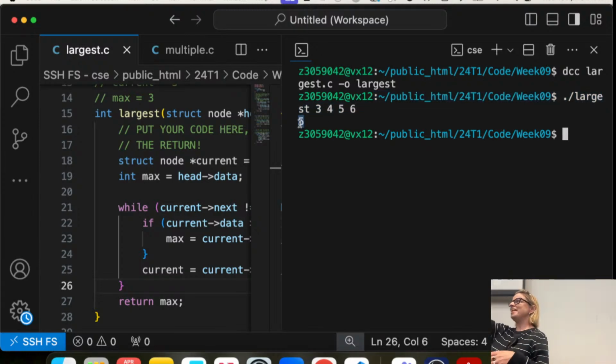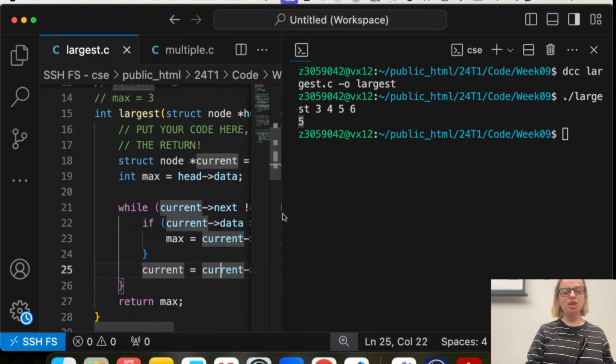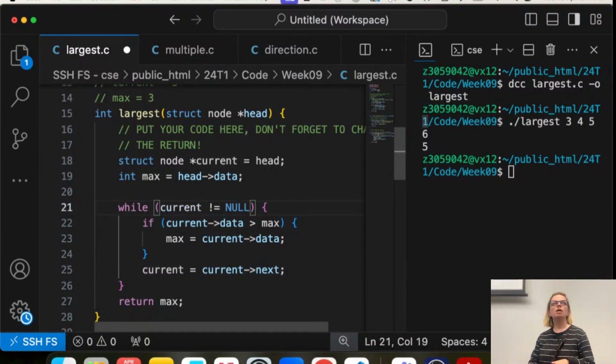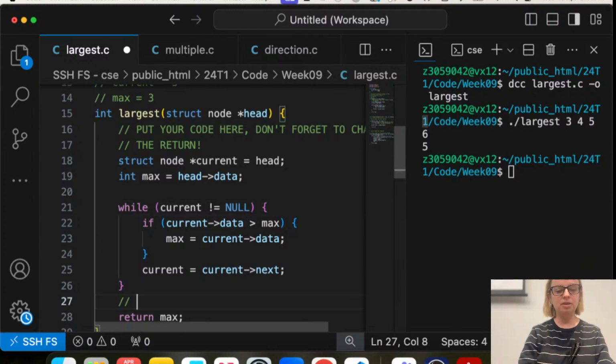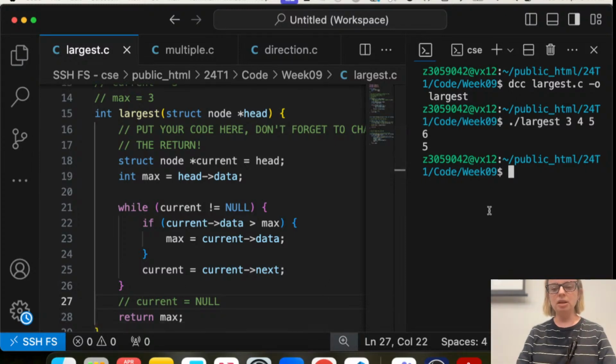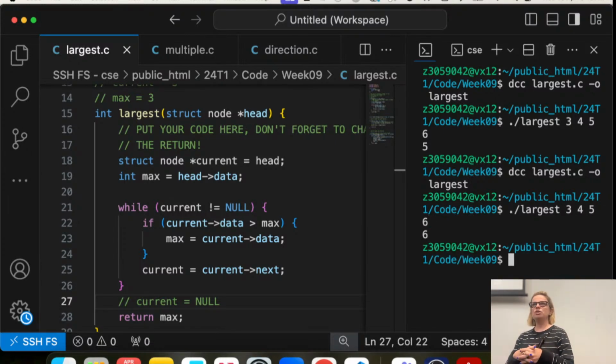Why is it getting it wrong? Yeah, you're the perfect person to answer it. The order is incorrect. You should be making current next. Yeah, so either I have to change my conditions in here or I have to go whilst current is not equal to null. That will only stop outside of this while loop. When I exit this while loop, current is going to be equal to null, which means that I've gone past the end of the linked list, and that means I've visited every single node in my linked list. Okay, so let's compile it and run it again. And now it's going to give me the right answer.